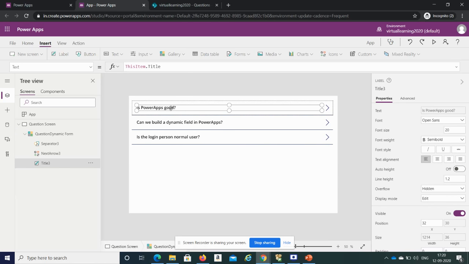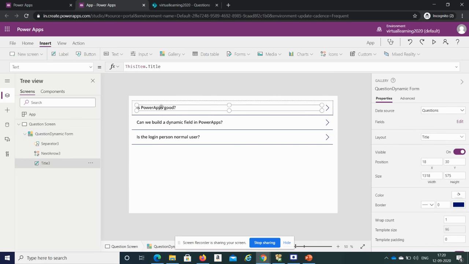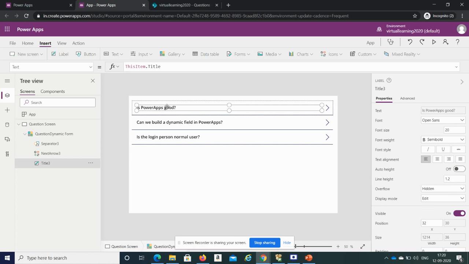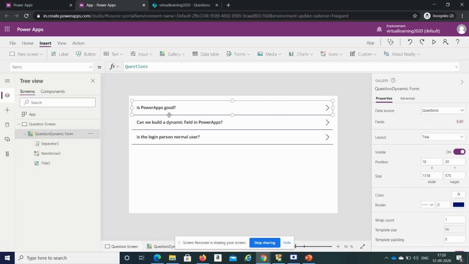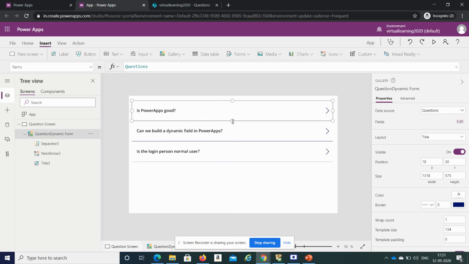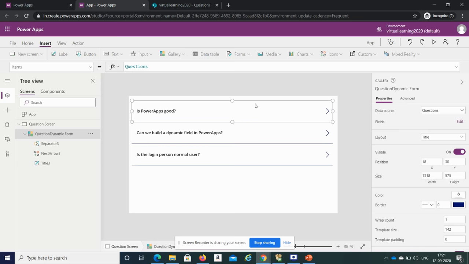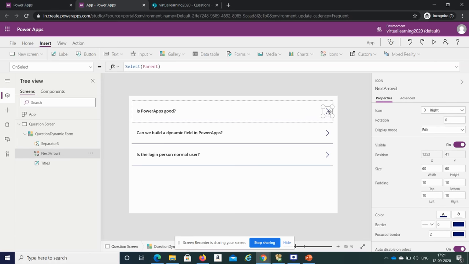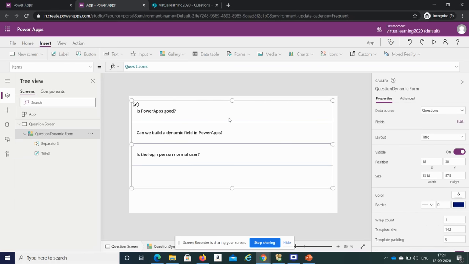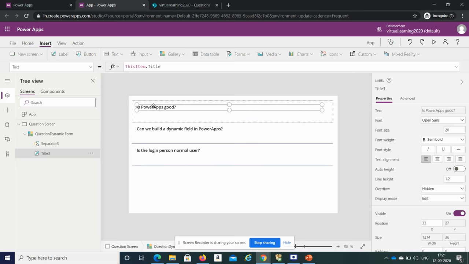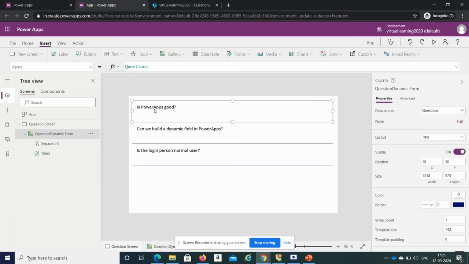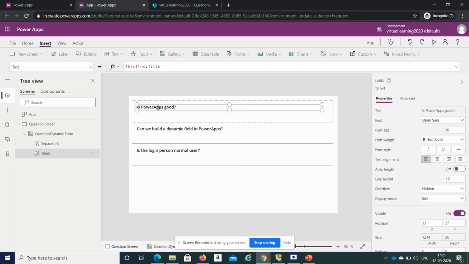Now coming to this part, we have all the questions. Now what we need is radio buttons. So we will click on this. I will expand it a little bit so that my radio button fits here, and I will delete some of the labels here. I will delete this one, this is not required. Now we'll shift up. See, whatever changes we make to this one control will be applicable to all the records. Okay, so this is my heading.